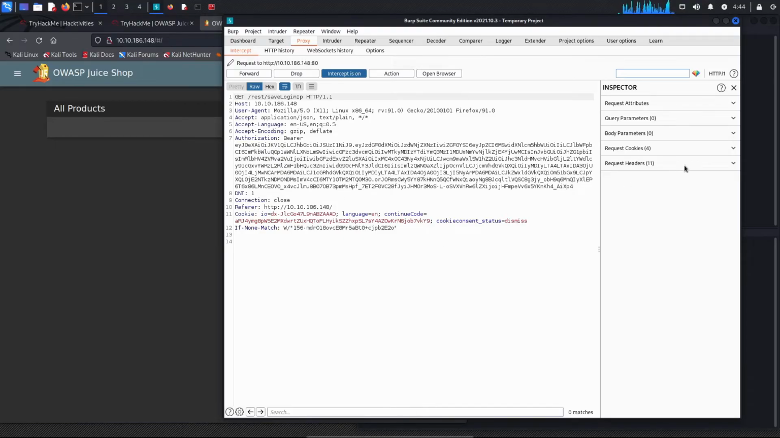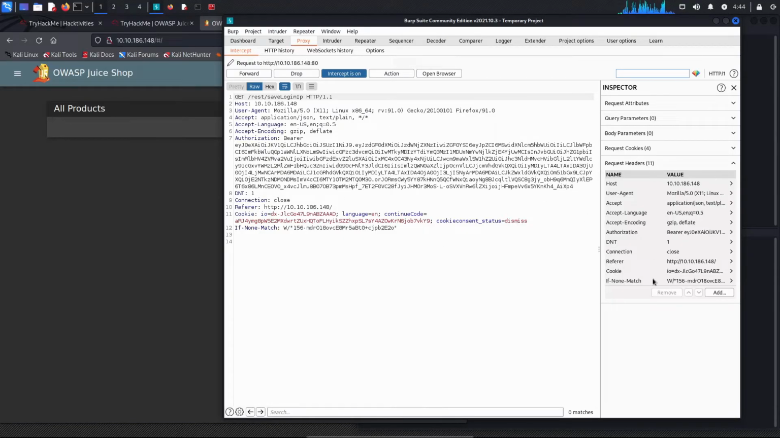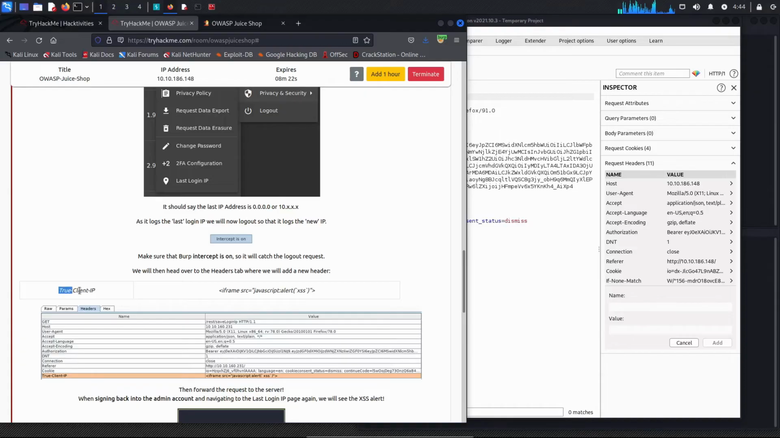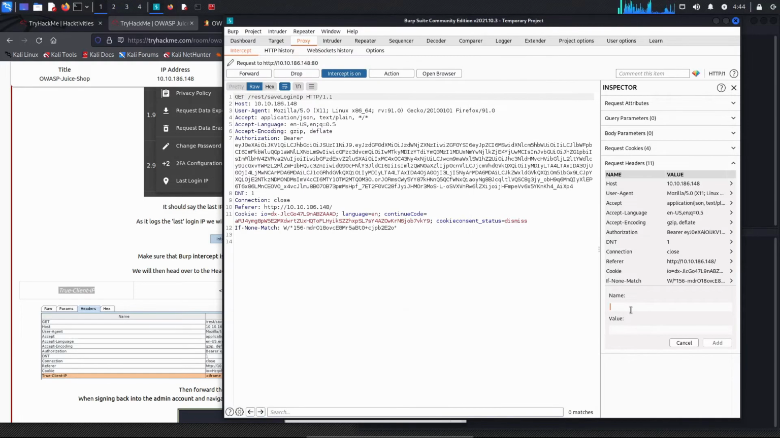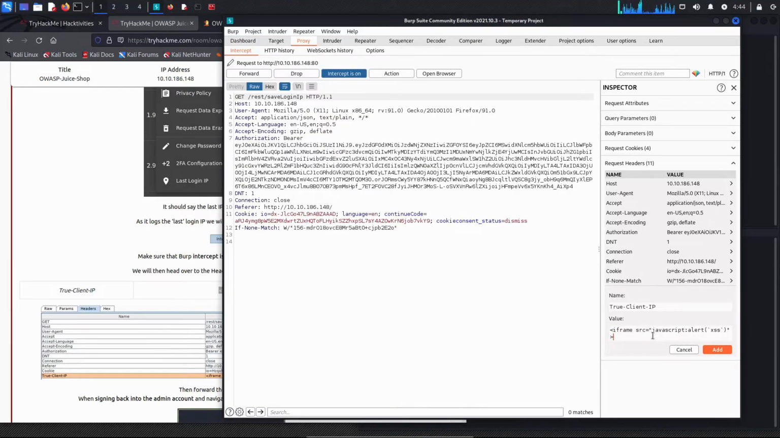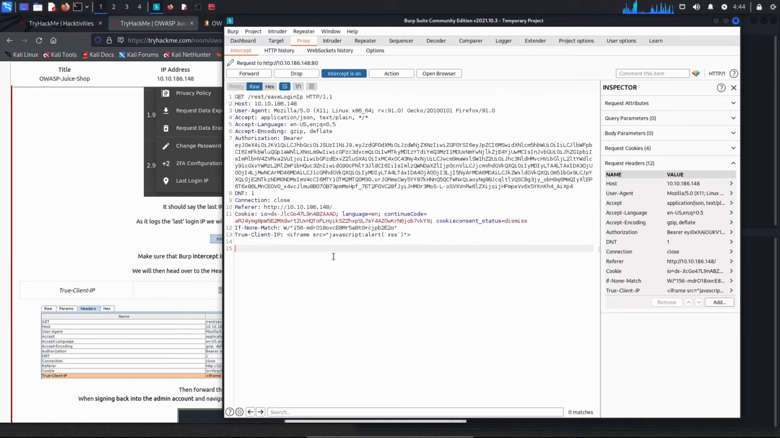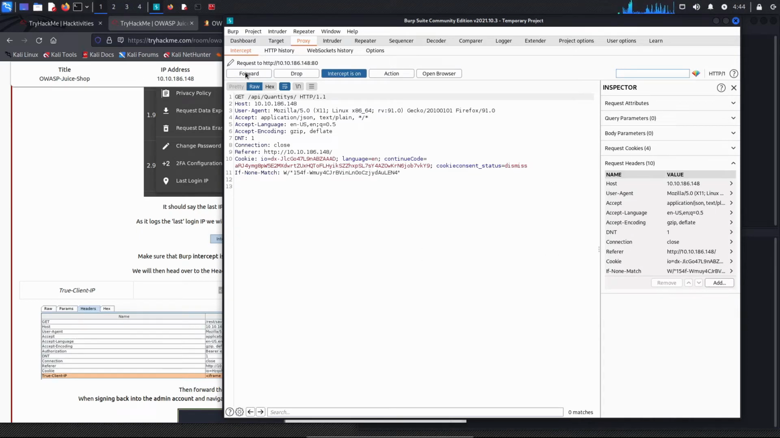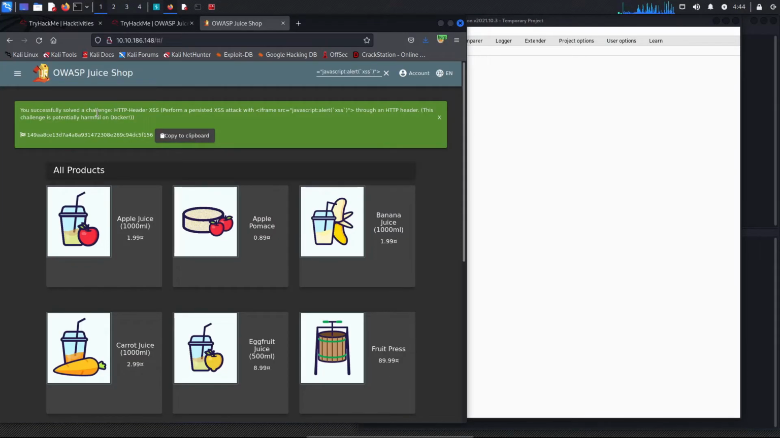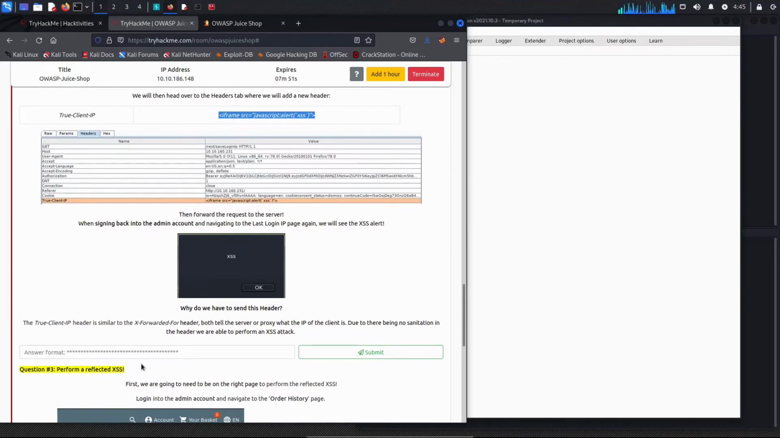Okay, and we're going to add a header, and that's going to be True-Client-IP and its value. Add. And now we're going to forward this request, and we should get the flag now, and we're done. So that's a persistent cross-site scripting, so if I disable this and paste the solution,